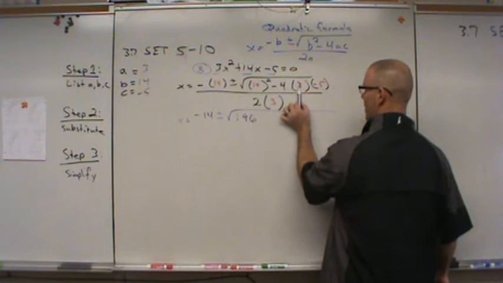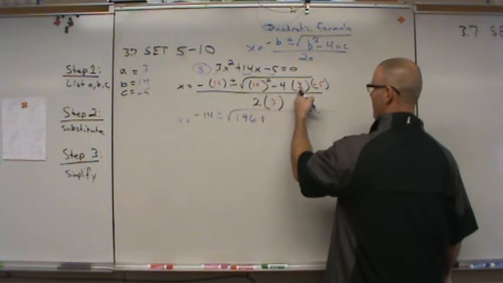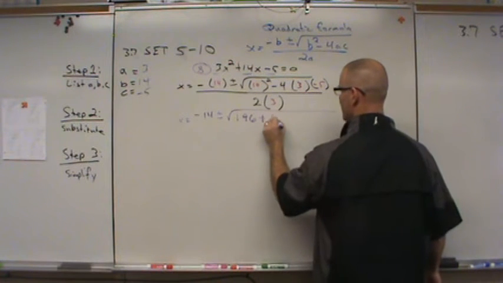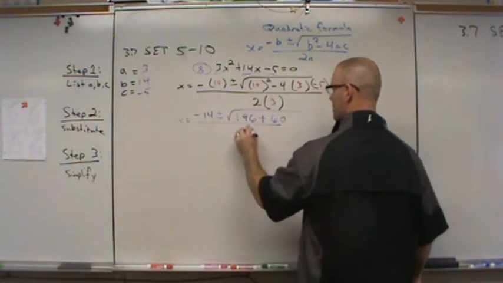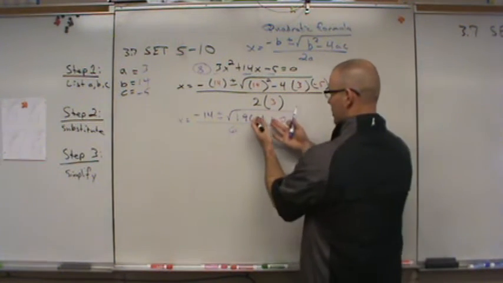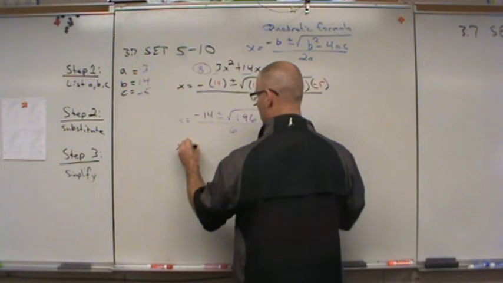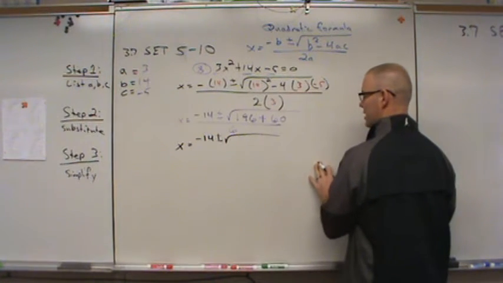Well, a negative times a positive is negative. Negative times negative is positive, so 196 plus. 4 times 3 is 12. 12 times 5 is 60. All divided by 2 times 3, which is 6. I can simplify this, so I'm going to go x is equal to minus 14 plus or minus